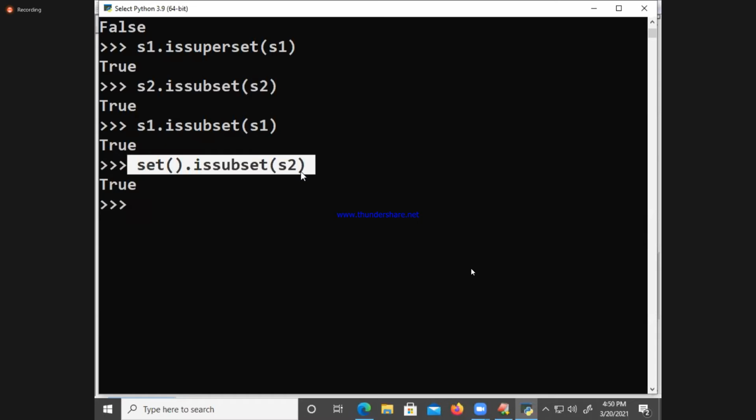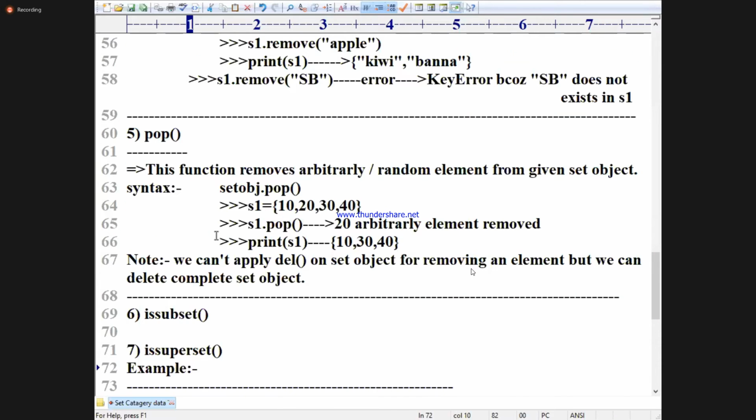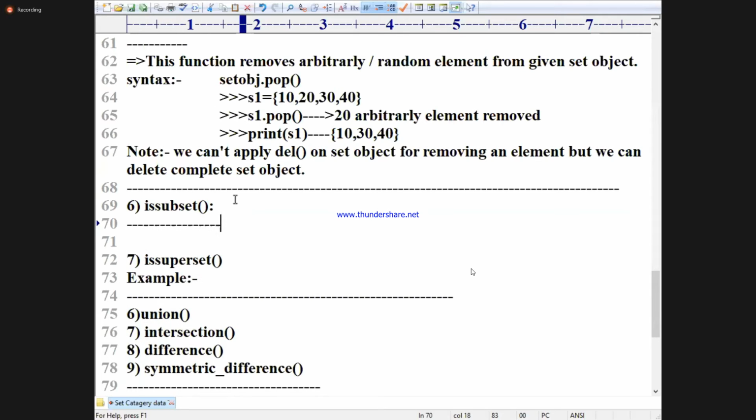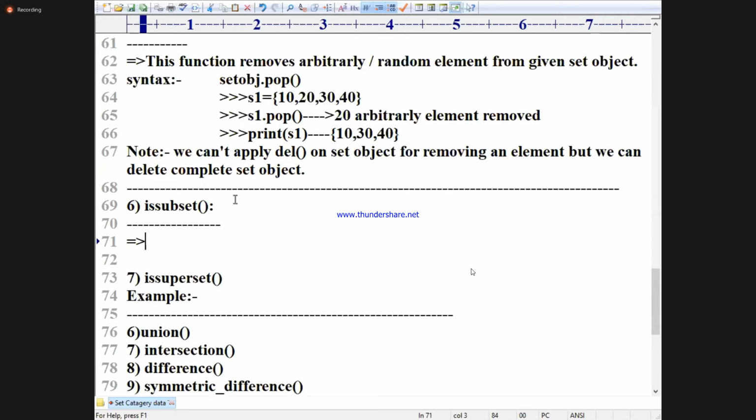Right. Coming to that, issubset and issuperset. Write down: this function returns true provided one set is a subset of another set.